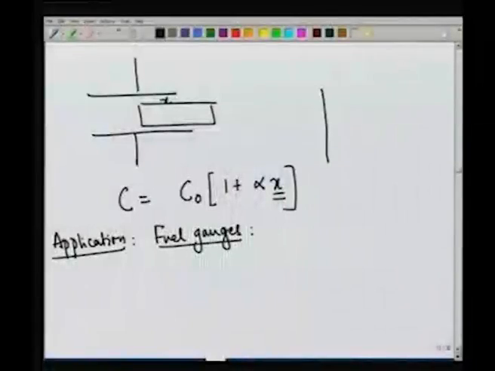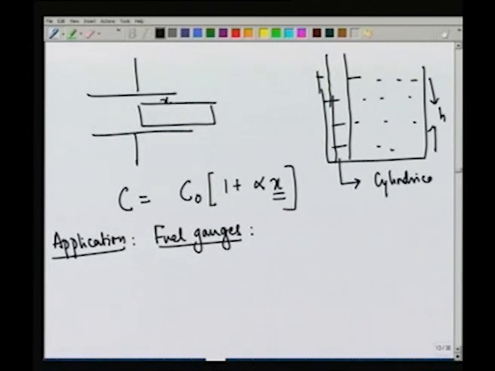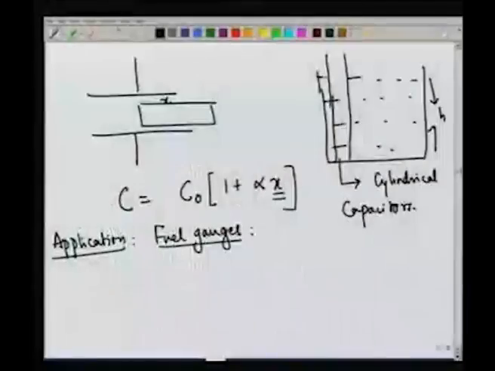So suppose I have a fuel tank. Let me show it in this particular fashion, and let me say that it is filled by fuel up to a particular height h. So this is the height h to be filled. What we have to imagine is that there is actually a thin capacitor somewhere here, a small capacitor which is sitting inside, and typically these are cylindrical capacitors. So I have two concentric cylinders, and the inner and the outer cylinders are connected to a voltage source so that they are charged to plus Q and minus Q. That is what happens. You see that the height of this capacitor will be the same as the height of the fuel tank,